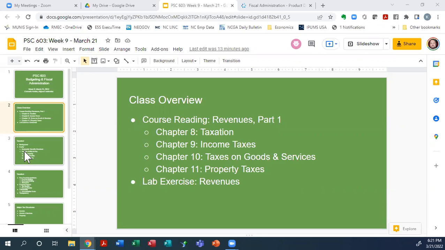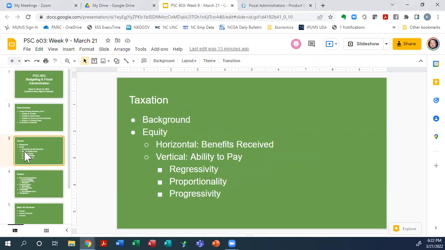So let's get into taxation, everybody's favorite topic. So really what I want to talk about are some key characteristics of taxation, but I want to start off with some background about taxation. We are obviously, all of us as adults and as citizens, whether as income earners, as consumers, as property owners, all of us pay taxes in one shape, manner, or form. We also pay taxes to multiple levels of government. We pay taxes at a local level, at the state level, and at the federal level.